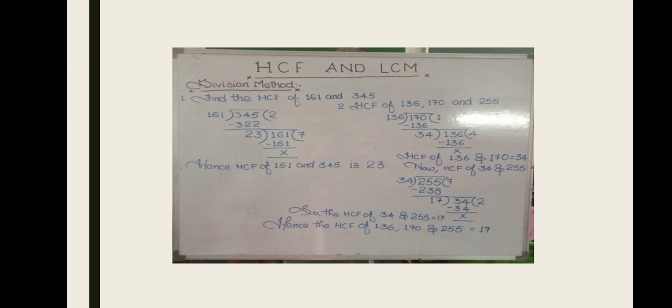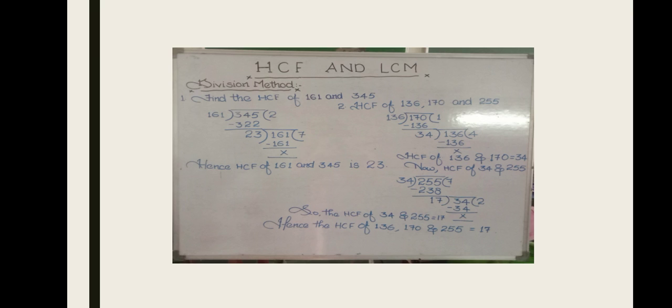Next divide the divisor by the remainder. After that divide the divisor by the remainder. I hope it is clear to you. Divide the greater number by the smaller one. Then divide the divisor by the remainder. Go on repeating the process of dividing the preceding divisor by the remainder last obtained till the remainder 0 is obtained. Then the last divisor is the required HCF of the given numbers.